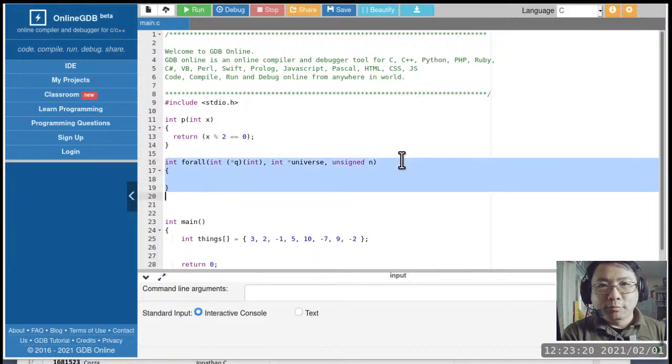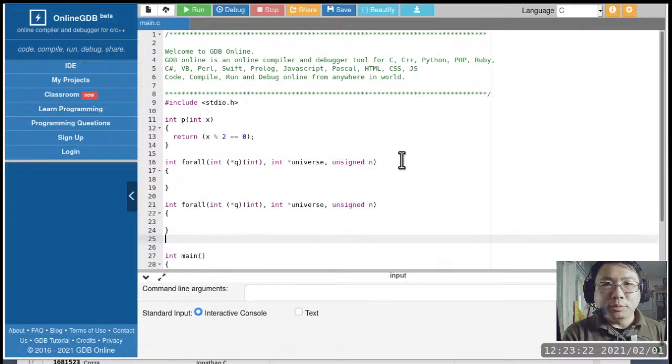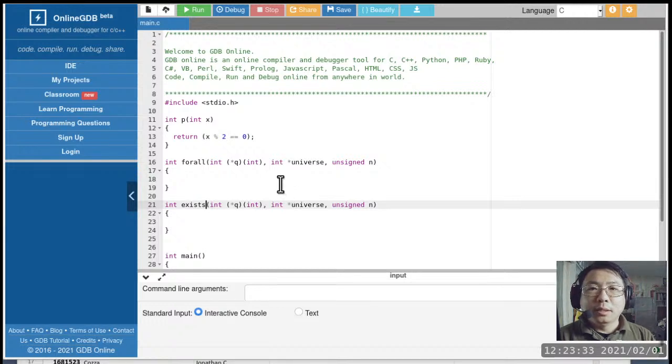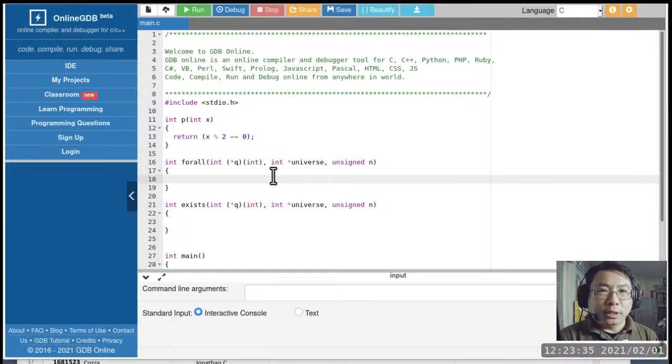So we'll copy and paste this because the template for exists is about the same. So we'll say exists. There we go. Now we need to fill in the content.